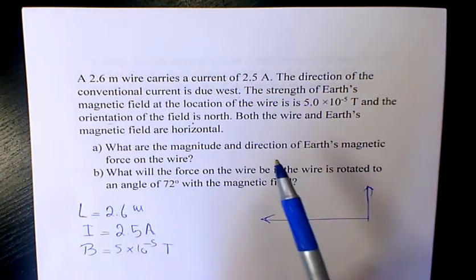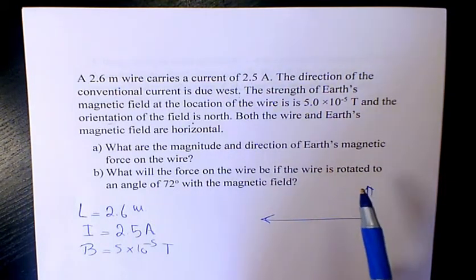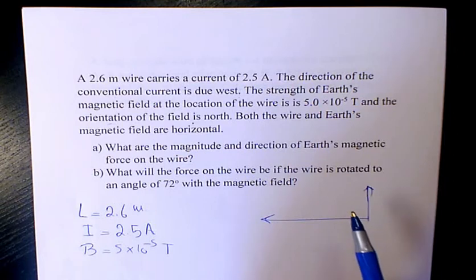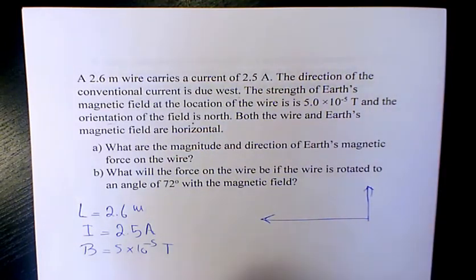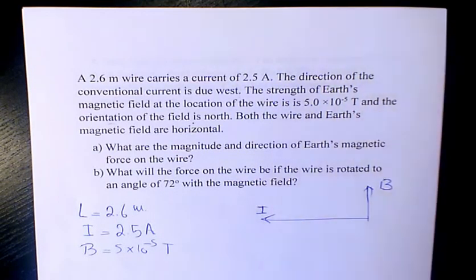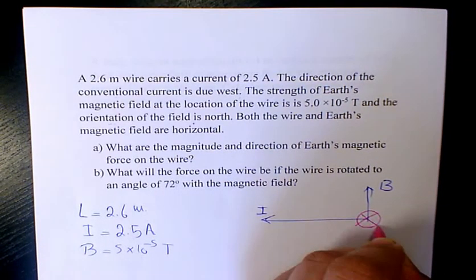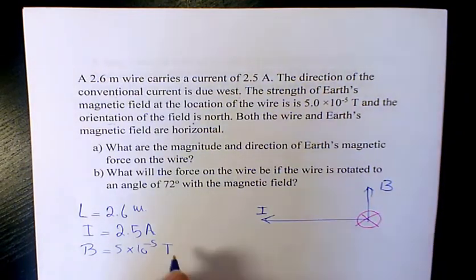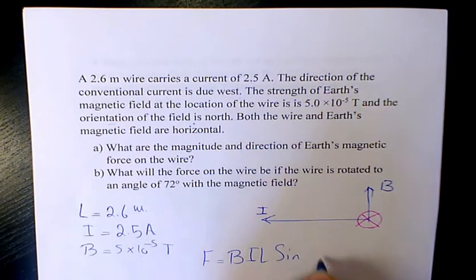Both the wire and Earth's magnetic field are horizontal. What is the magnitude and direction of the Earth's magnetic force on the wire? In this case, this is going to be the electric current, I, and B is going to be north. So when we have thumb toward left and four fingers toward north, the palm is going to show into the page. So that's the direction of the magnetic force, and that's how we calculated